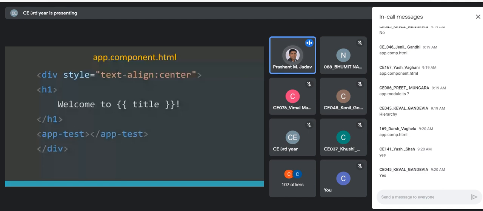See that in the app component HTML file, we are now referring to the test component. Whenever we are referring to any component, we have to use the selector. So right now it is a simple selector.